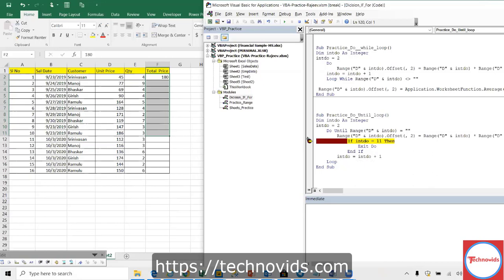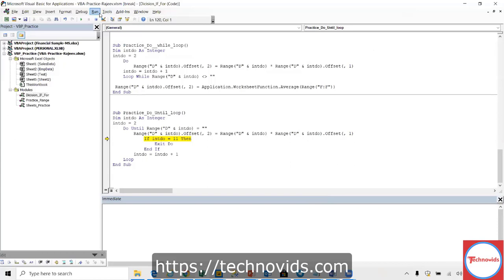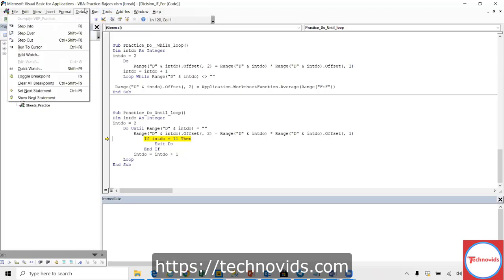Okay, I am doing a breakpoint here, right? So that won't work. Let me put the breakpoint at exit 2. Yeah, that is one way. So there is another way. Let me just bring that up. Hold on.